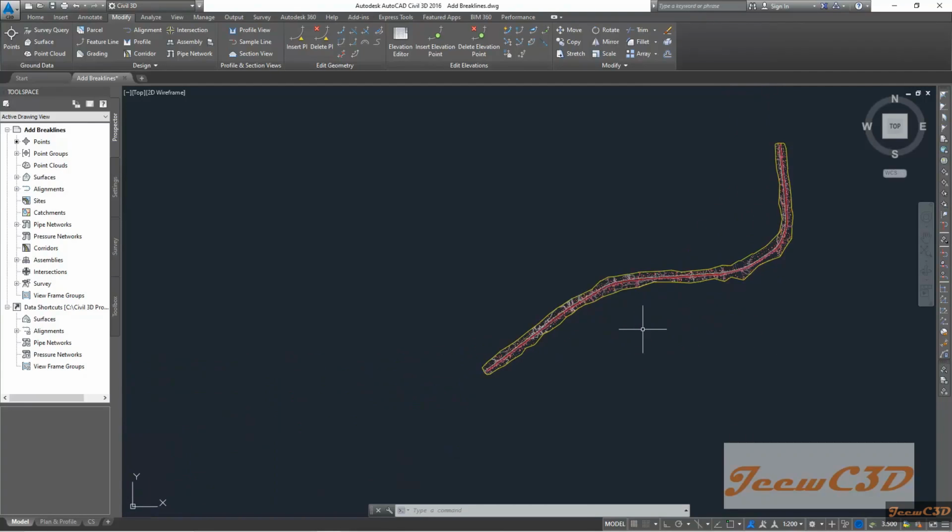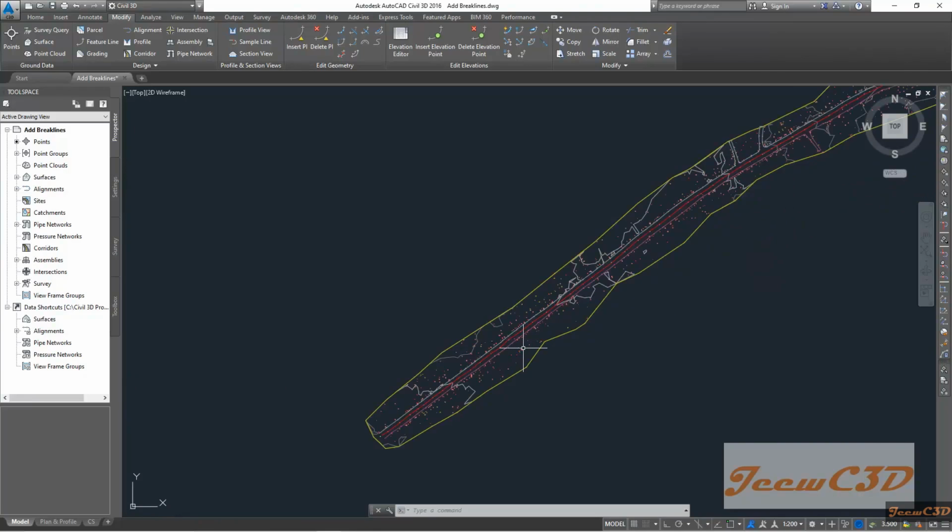So first, we are going to export this surface into a LandXML version. LandXML is a file type which we use globally to transfer data. So the drawing file which contains the surface would be transferred to a file type called LandXML, where